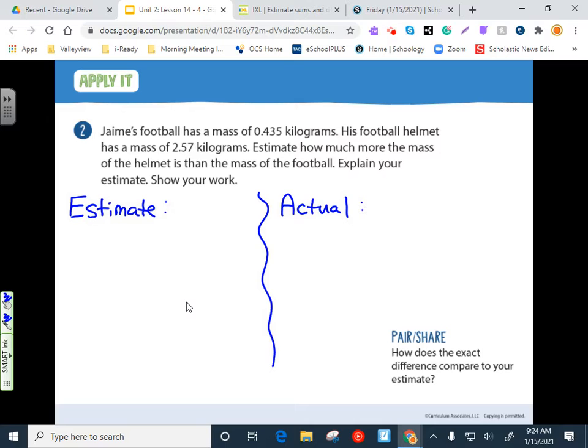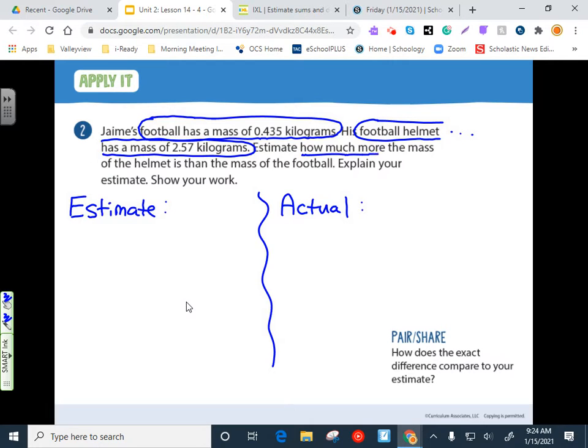So first things first, we're dealing with the football, which has this mass, so we're going to circle that. And the helmet, which we'll just continue over here. And this phrase right here, how much more, means you want to compare them and find a difference. So we're going to subtract. Again, it's all in how they word the problems to tell you what type of math to do. So let's estimate,